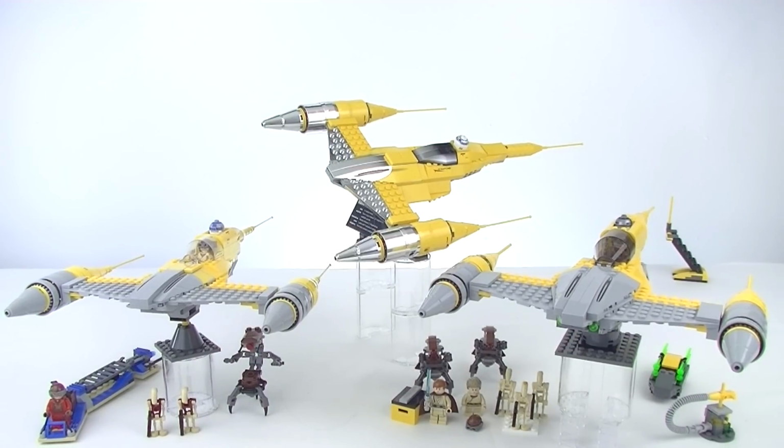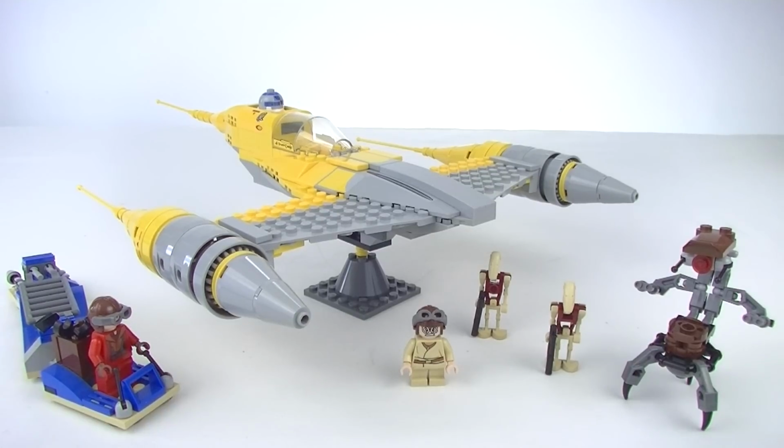On the left, we have the 2011 Naboo Starfighter. It is set 7877, has 318 pieces and 6 minifigs. In the middle, of course, we have the UCS Special Edition Naboo Starfighter. Came out in 2002, has 187 pieces and is set number 10026. And finishing up on the right is the latest Naboo Starfighter. It came out in 2015. It is set 75092, has 442 pieces, 9 minifigs, and a ton of accessories. But let's jump in, take a quick look at each of these builds. Let's shake things up with the order of these sets, and we'll start with the